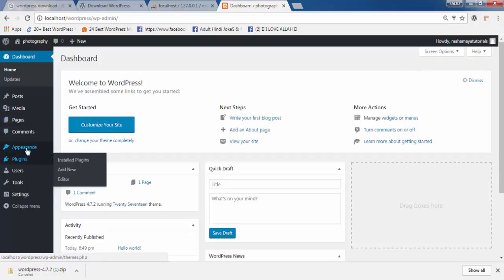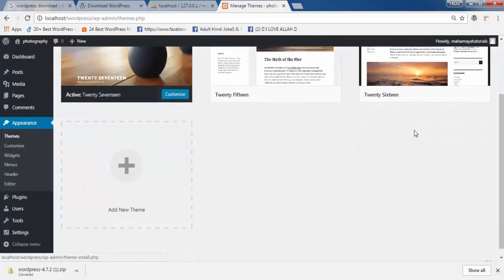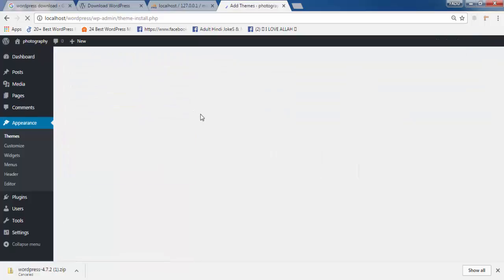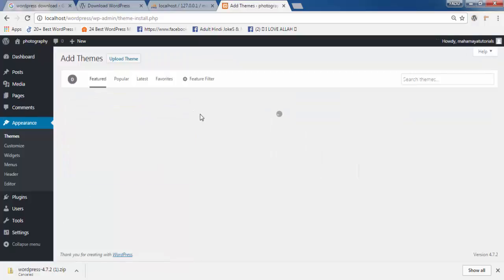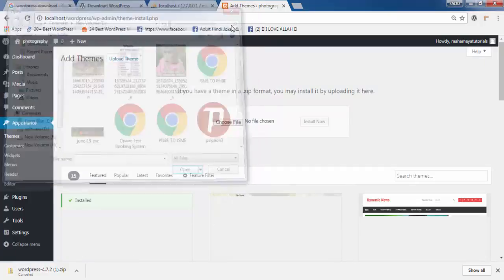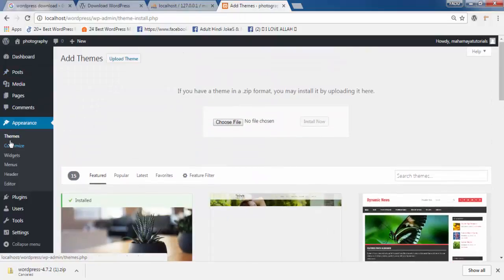Next option for you is the theme option. You can choose the theme, whatever theme you want out of these, or you can add a new theme, upload a new theme, choose a file. Whatever new file you want to upload on this website, you can choose.